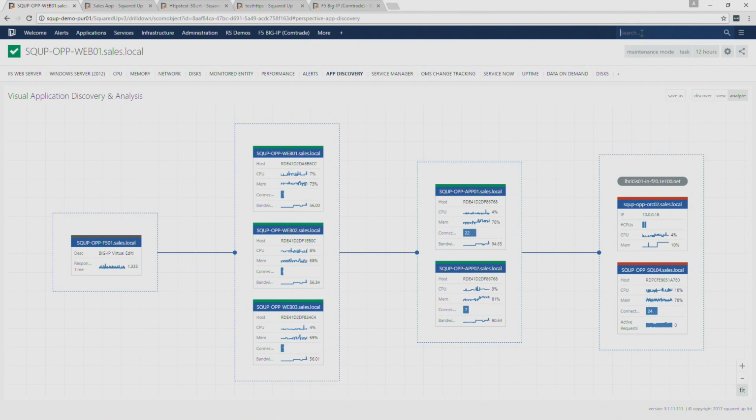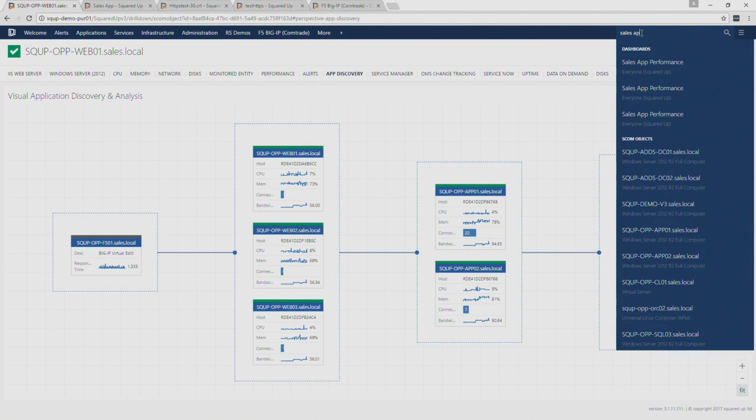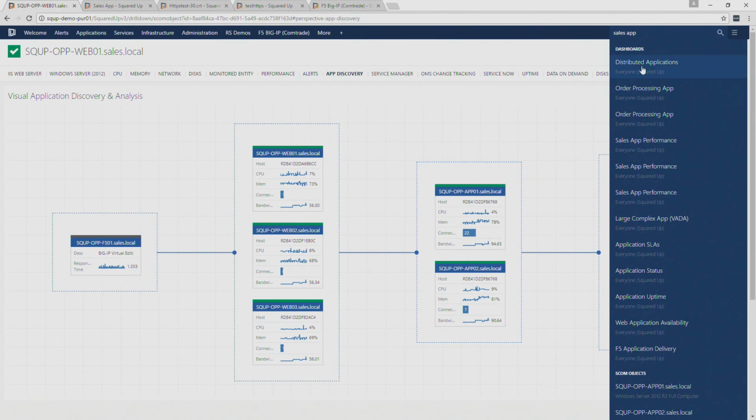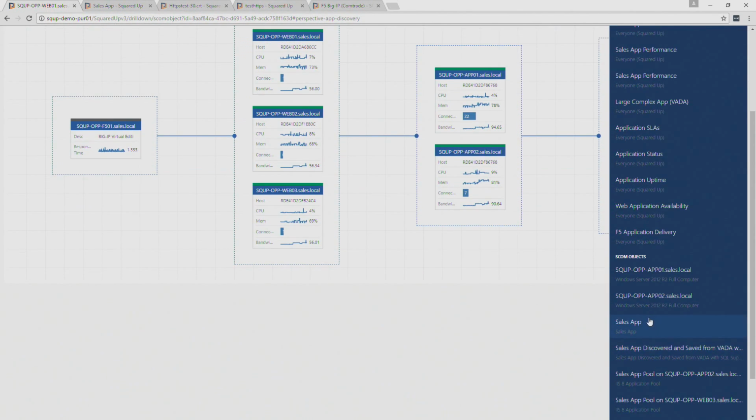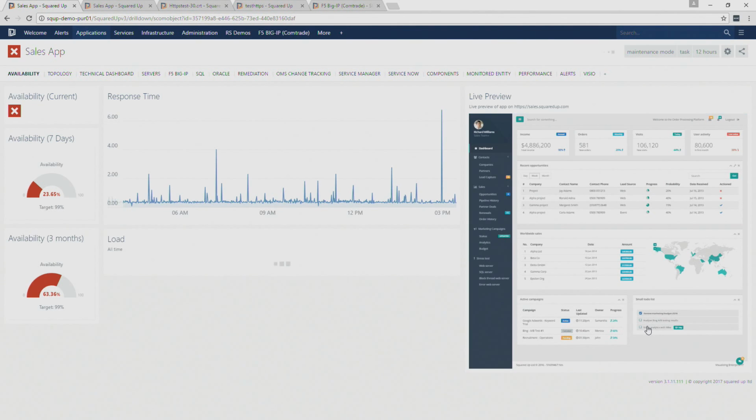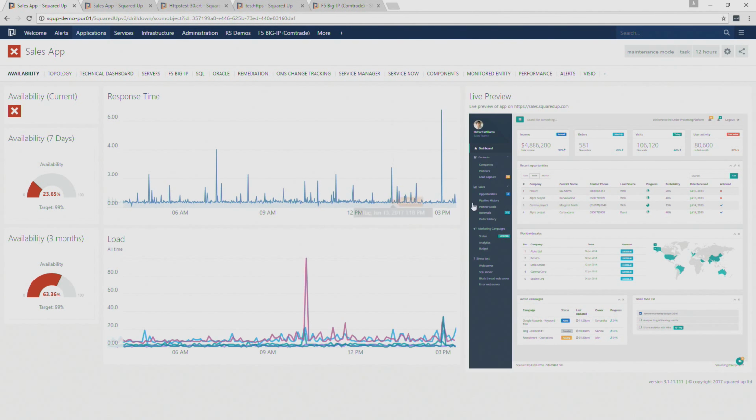And what that means is that now when I come back to my sales application, breaking down those barriers between the silos, having discovered that F5 as part of my application and imported that into a SCOM DA, if I drill down into that DA, I have all the perspectives we looked at before. So the availability of the application, and of course this is outside in, so this is actually testing the availability of the application all the way through that F5,